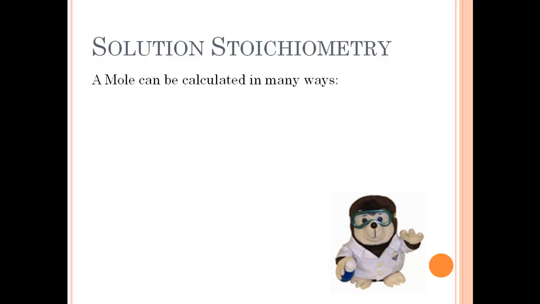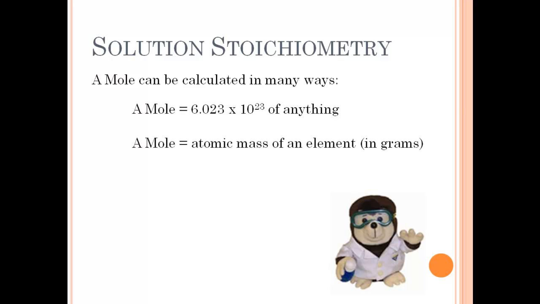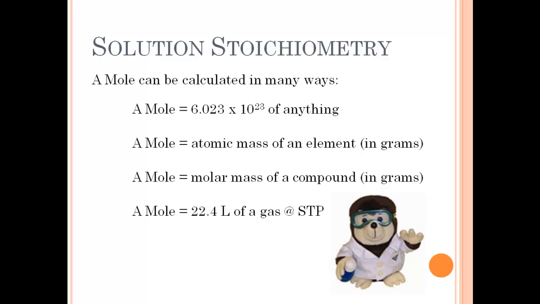Before we begin talking about solution stoichiometry and doing some examples, let's focus on how we can calculate the number of moles of something. As you remember, a mole will equal 6.023 times 10 to the 23rd of anything. A mole equals the atomic mass of an element in grams. A mole also equals the molar mass of a compound in grams. A mole will equal 22.4 liters of a gas at STP. And from our last video, we learned that a mole will equal the molarity of a solution times the liters